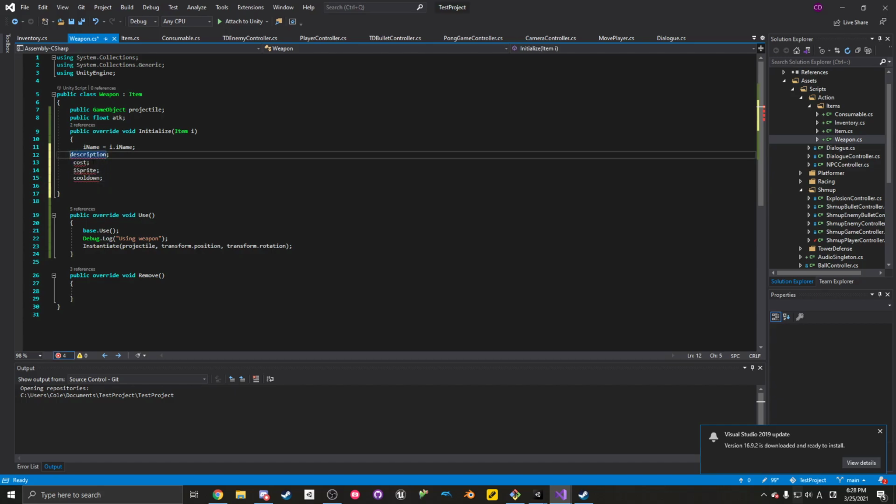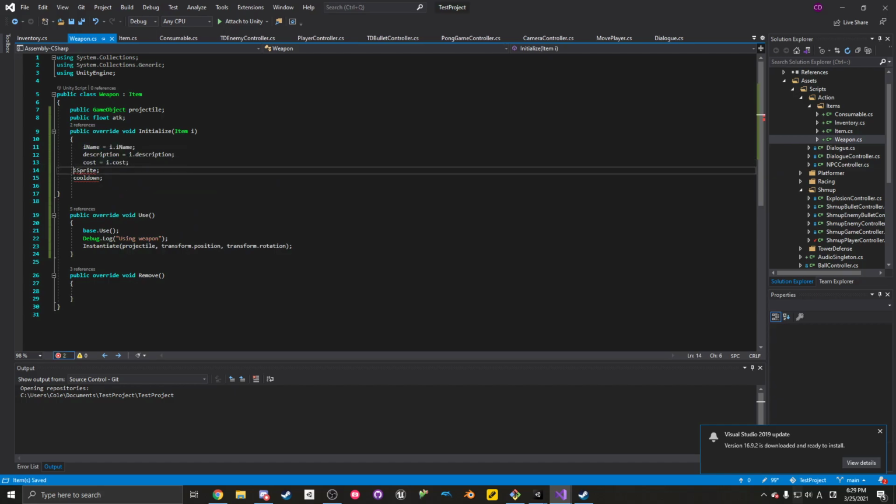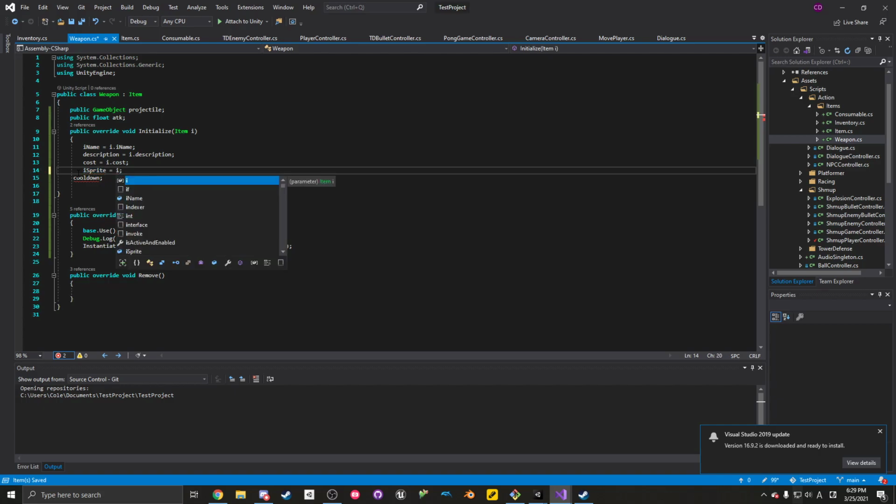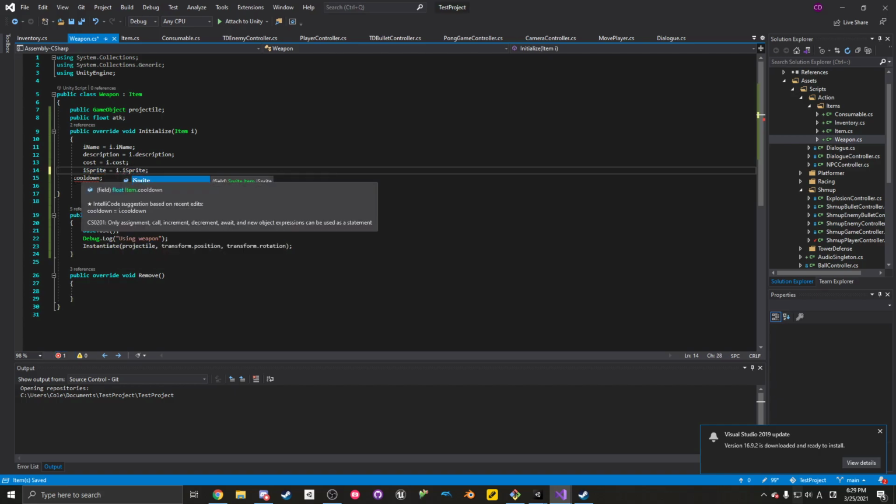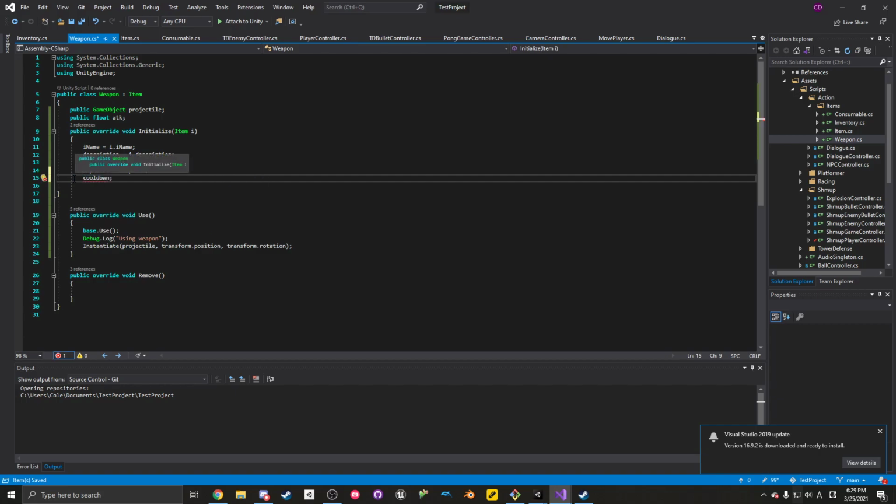And we'll say description equals i.description, cost equals i.cost, iSprite equals i.iSprite, cooldown equals i.cooldown. Then we need to do weapon equals w equals